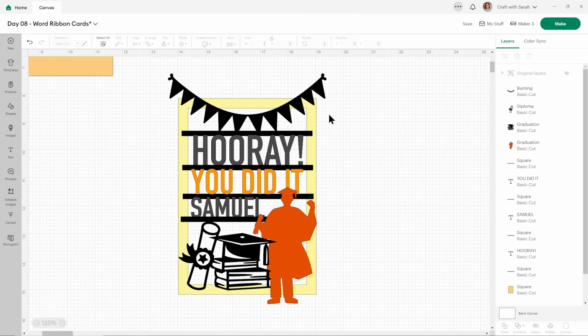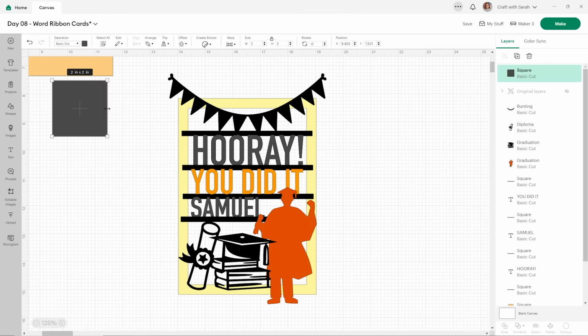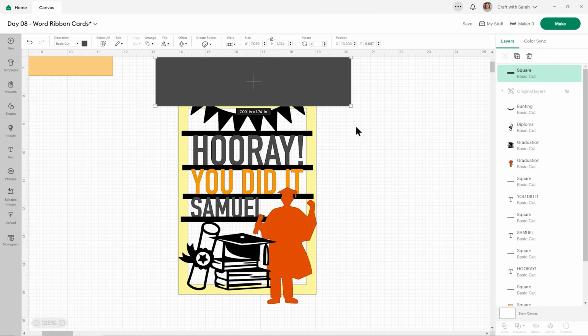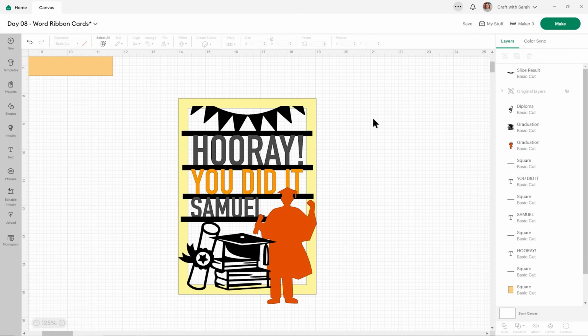All right, so now we need to chop off any bits that are going outside of the frame. Go into shapes and choose a square. And we'll do this one at a time rather than welding everything together, because that way if we do need to change the images at the end, if it's not quite looking right when it's all joined into one piece, we can still do that. So I've just done it for my bunting. Select that and the bunting, press slice and delete all of those bits going around the edge.